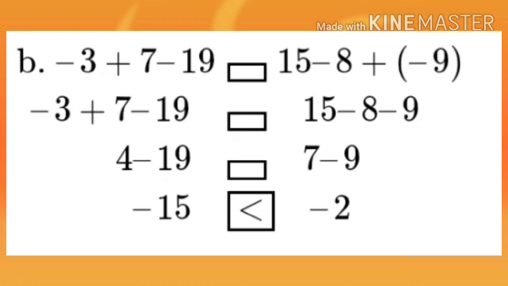Here addition and subtraction operations are performed. First we can take minus 3 plus 7. Minus 3 plus 7, one is a negative integer, another one is a positive integer. What is the procedure for adding one negative and one positive? Take the difference of these numbers and put the greater number's sign. So the difference of 7 and 3 is 4. The greater number is 7. The sign of the greater number is plus. Therefore, minus 3 plus 7 is plus 4.